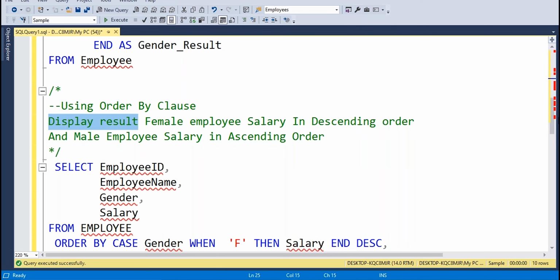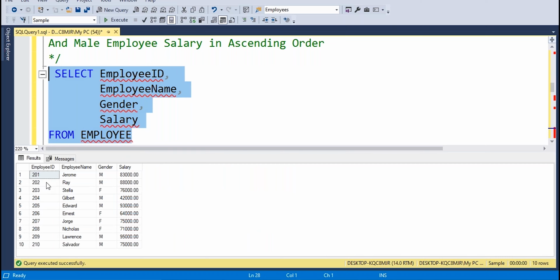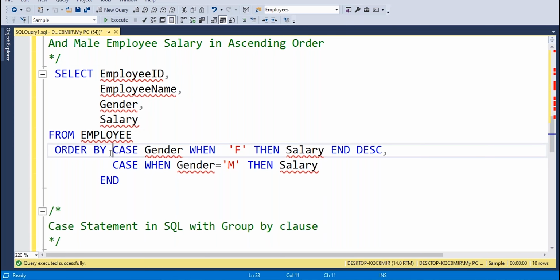So how can we apply the condition? You can observe here, we can directly go to the ORDER BY clause. Up to this part, all the data will be in ascending order. The first column is taken as ascending order, least to highest values will be displayed. But here you can observe female, female, female, and I want to display female salary in descending order and male salary in ascending order. How can we implement this in the ORDER BY clause with a case statement? Normally we give ORDER BY column name. If we do not provide any order, the default is ascending order. If you want a user defined order, you specify descending order.